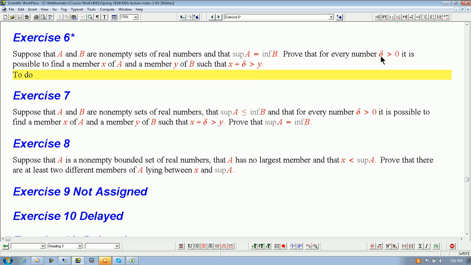Prove that for every positive number delta, blah, blah, blah. Don't even read it. I'm not even reading. I don't want to know. How do I write the proof? I want to prove that for every positive number delta,